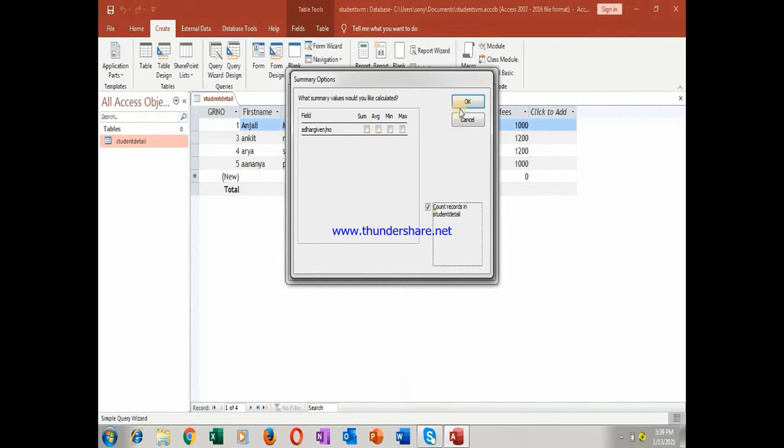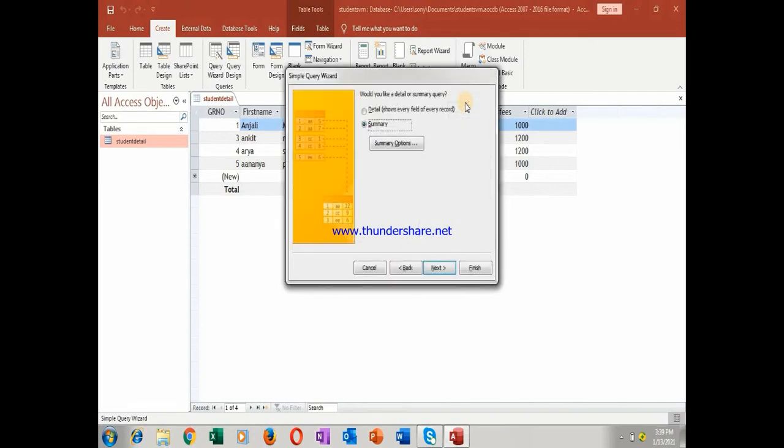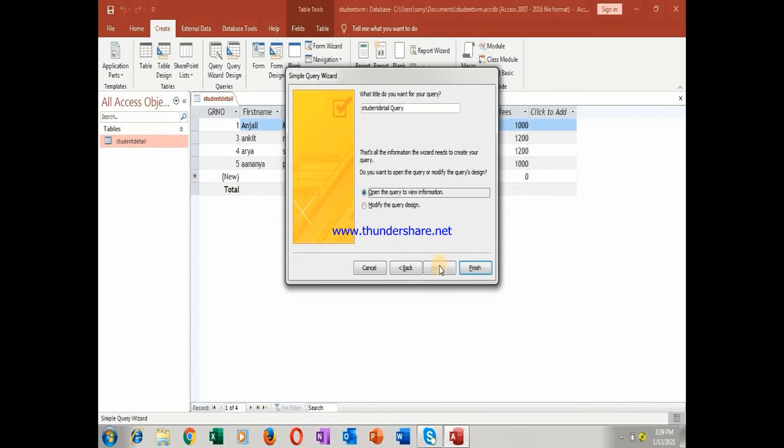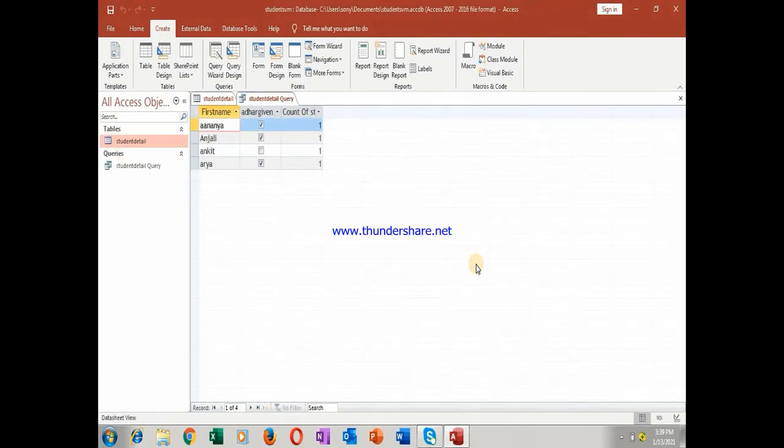Just count and give. Press OK. Next. Open the query to view the information and Finish. See, all the students' names are shown, and the students who have given their Aadhaar card can be seen here: 1, 2 and 3. There are 4 records and 3 have given.